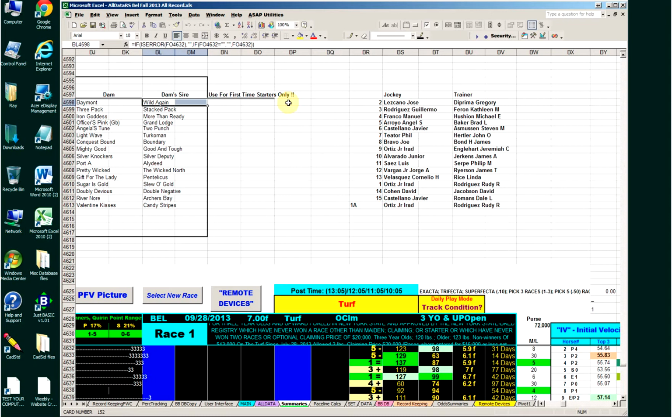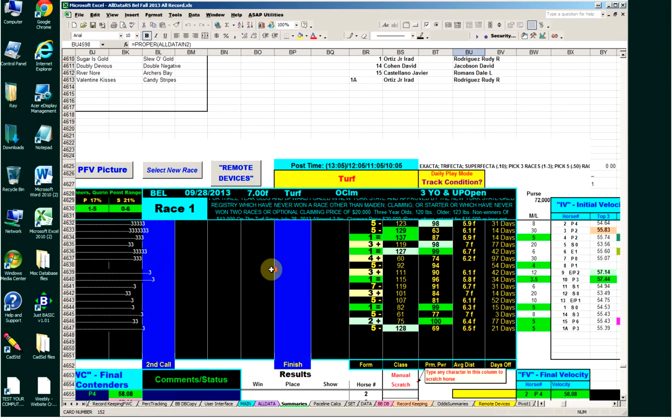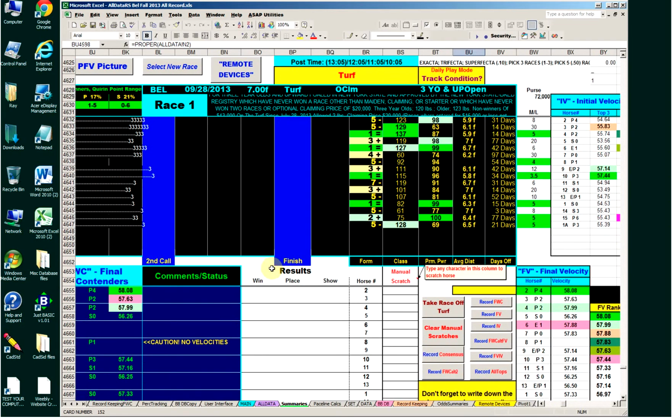That's just something I do. I think that's important for first-time starters. It just tells me that the trainer knows what he's doing getting these young horses started. To the right of that, you'll see the horse numbers again, the jockey and the trainer. So that's just a little area that I created up there for that kind of information when I want to